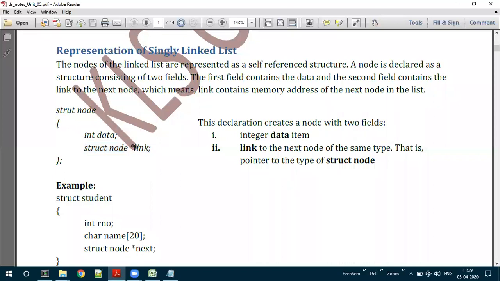Now here, link is nothing but the next, which we have seen in the definition of the linked list. This link is nothing but the next value. So link is a pointer here because we have a star. So link is a pointer of what type? Of the type struct node.